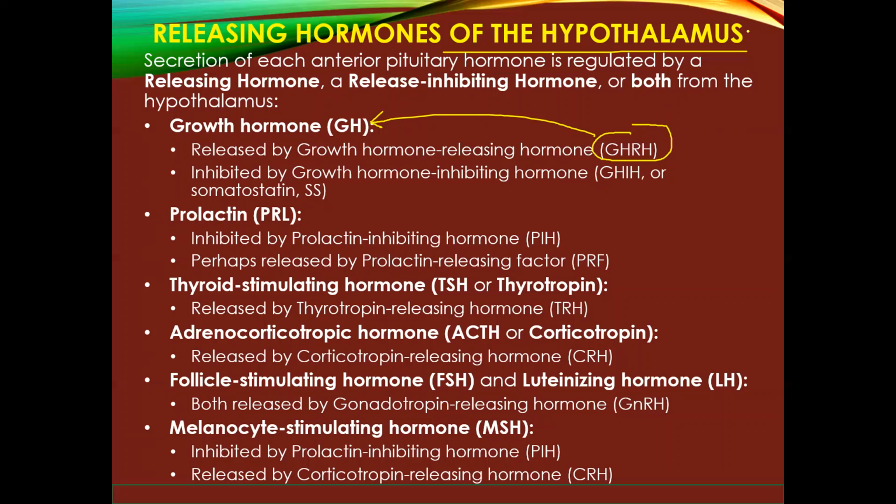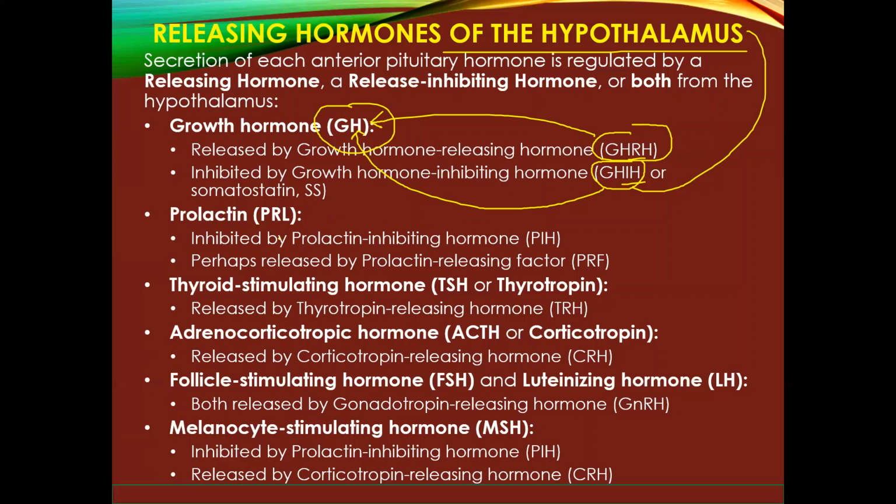The hypothalamus will also produce the growth hormone inhibiting hormone in order to inhibit the growth hormone. Okay, so there are 2 hormones produced by the hypothalamus. One is a releasing hormone, the other one is an inhibiting hormone that will control the growth hormone from the anterior